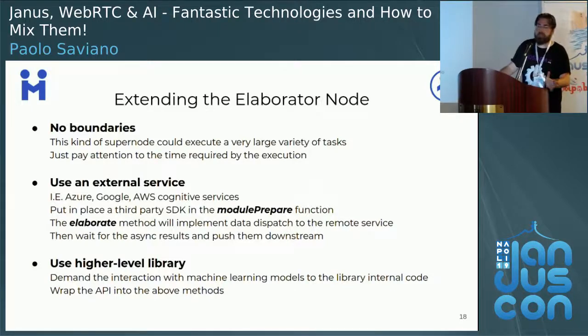For example, to use an external service, we can set up the connection with the external service into the model prepare function, and then write an elaborate function that will dispatch the data through an HTTP client or a socket client, depending on the service we are using. Once the results are received, they will be forwarded to the following nodes through the propagate method.